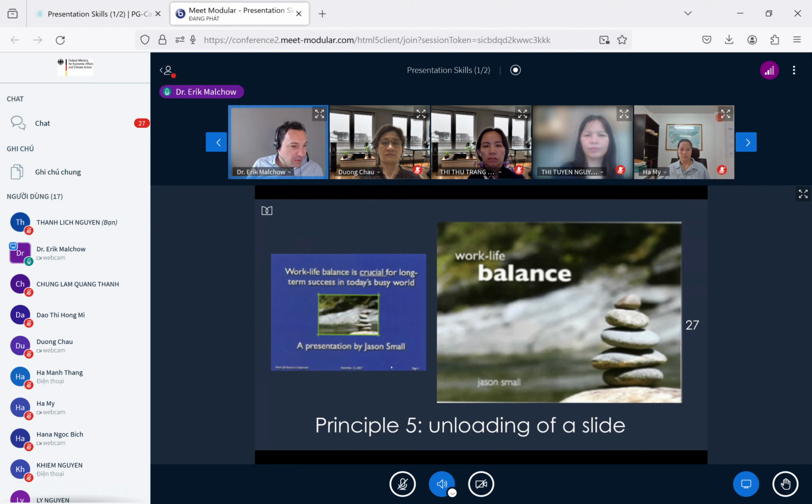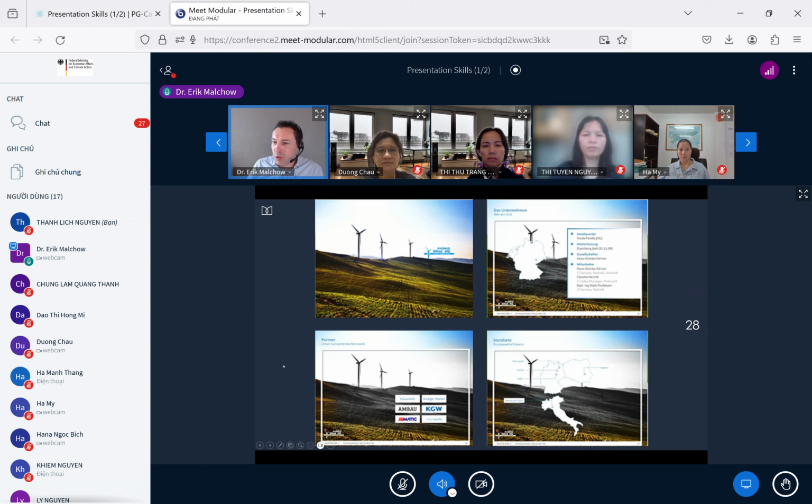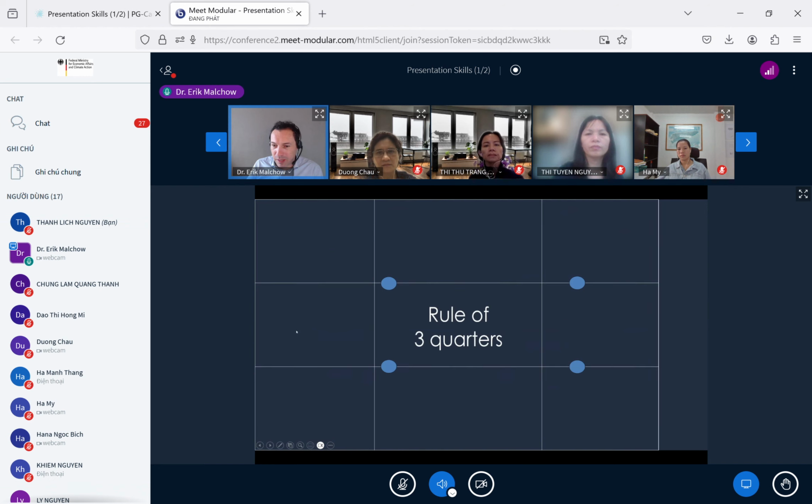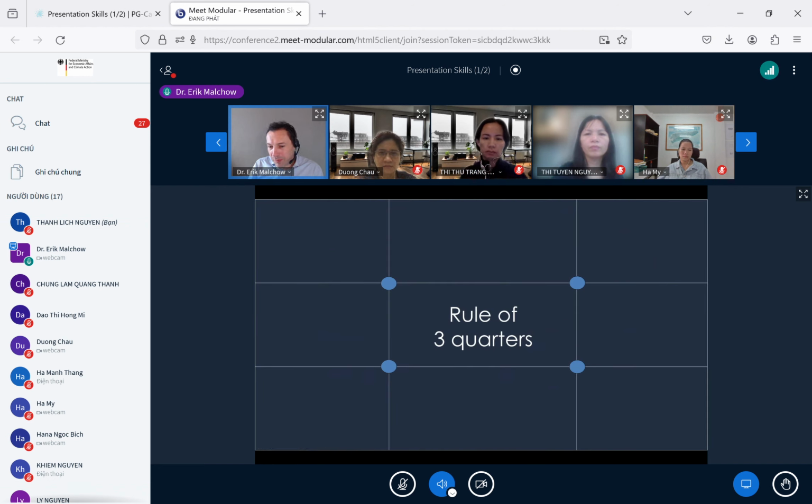So this is basically how you unload slides. Take out as much information that is unnecessary, and you can do that with a design approach too. So here in this case, we have a great design approach with the company logo embedded into the background. What people also do, and this is again a way how we see each presentation as an artwork, each slide as an artwork,